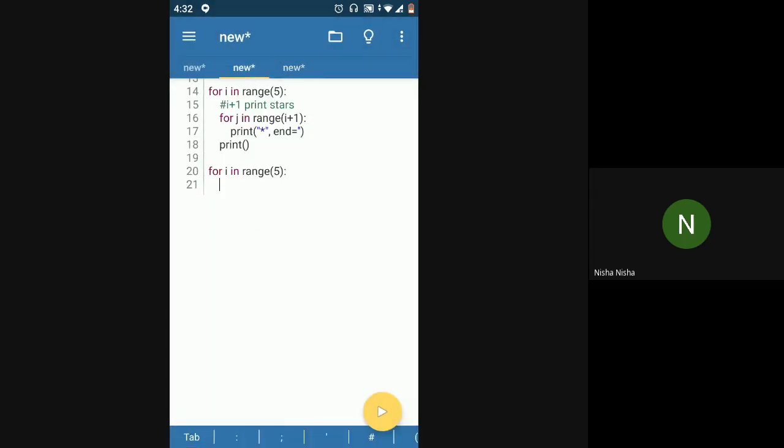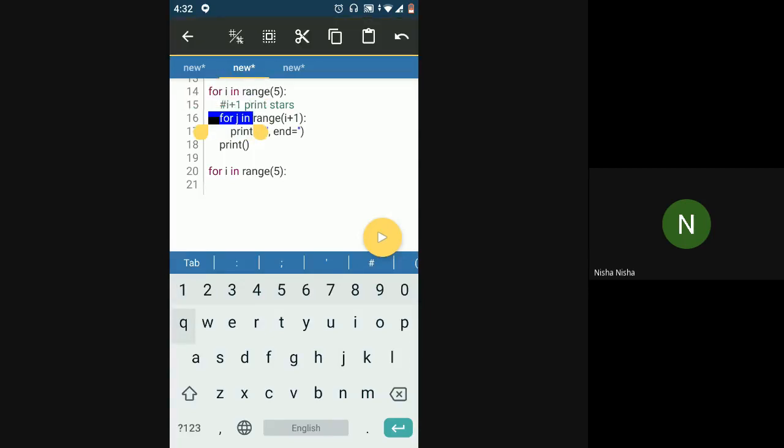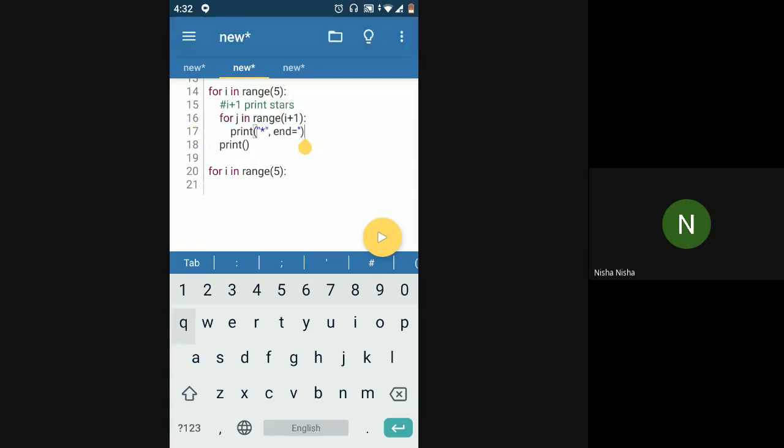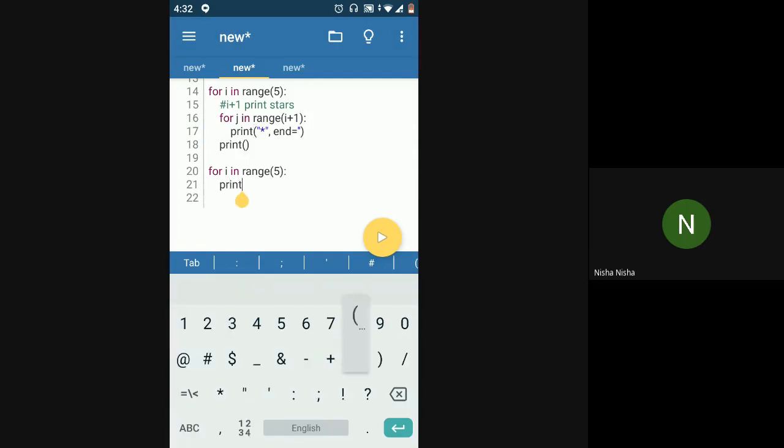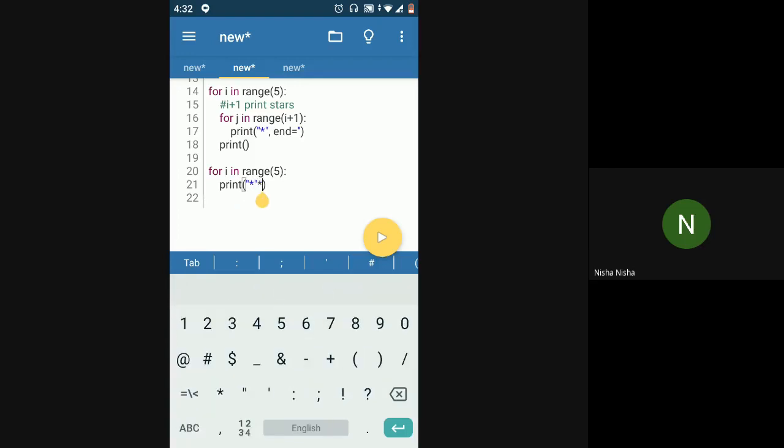So here, instead of this inner for loop, whichever programming language does not have this multiplicative capability, you can use this inner for loop for it. But actually in Python, you don't require that. You can just say print star into what would be the multiplication, like what should I multiply it with?